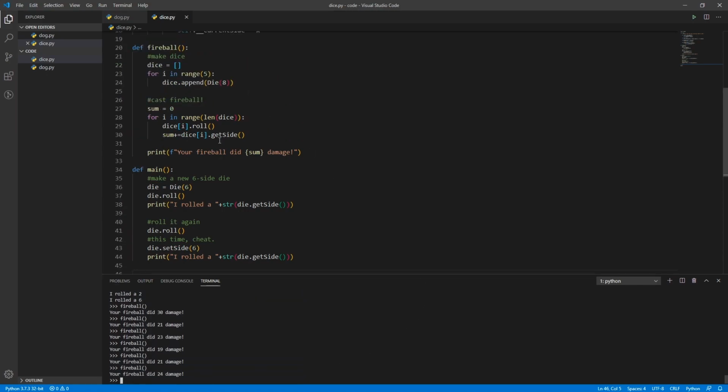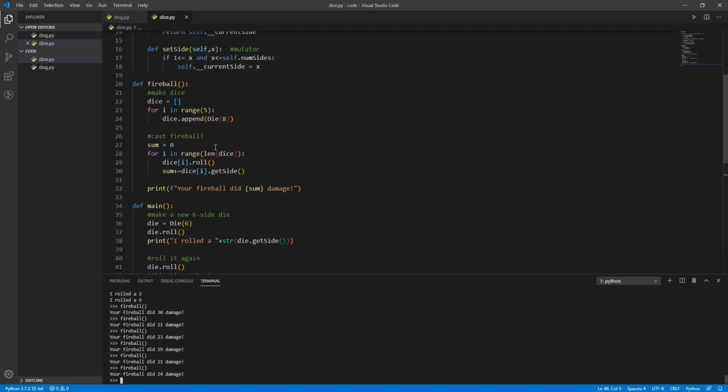So the only thing I wanted to point out here is that objects, like any other variable, can be put inside of a list. And it just looks a little bit strange here, but not too weird. So we have this part here, dice at i, which is just accessing the element out of the list. So the highlighted blue thing here is representing a dice object, a singular die. And to that point, we can just say, take that die and run the roll method or the get side method, whatever we need to do for it. Okay, so we took an empty list, appended 5 different dice objects into that list, and then we just ran through it. Another way we could have done this,